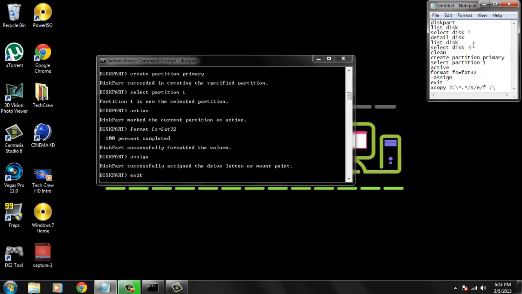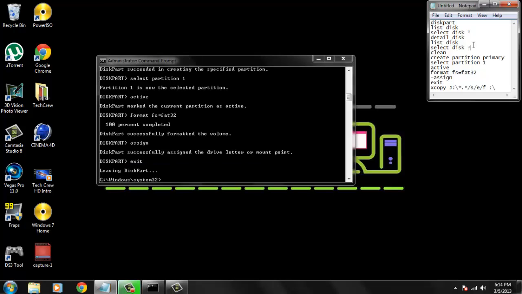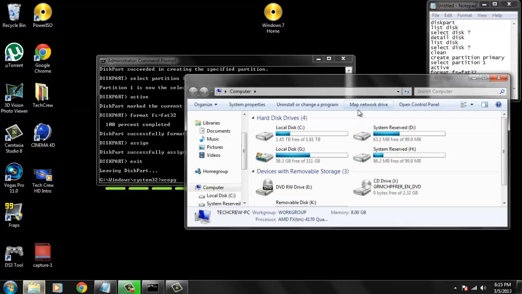And the next step is to actually send your ISO file to the USB. So before doing that, you want to have a file, like right here I have my Windows 7 I want to send to it. You can have Windows 7 Professional, XP, Vista, whatever. So the next step is to type in, this is kind of a tough step, look in the description box below. Type in xcopy space, and now go back to computer, mine's going to be J,